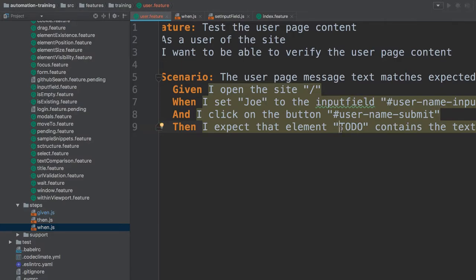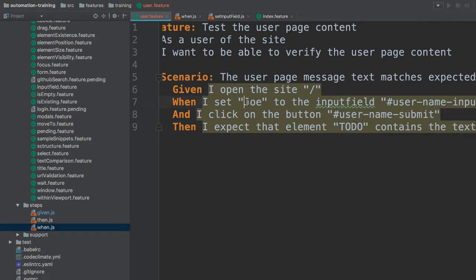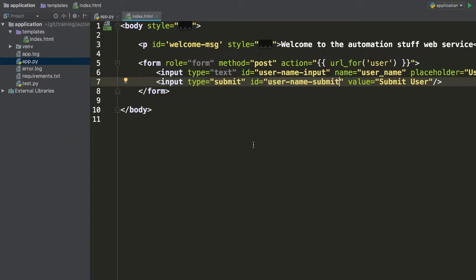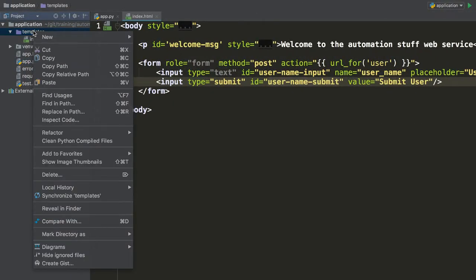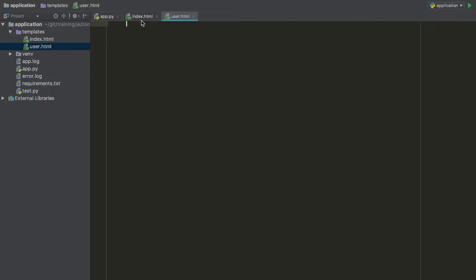So let's quickly create a web page to return that has an element ID, and then we can check that the text is Joe, because that's what we thought it was going to be here. So I'm going to very quickly add a new template, new file, user.html, and I'm going to add,